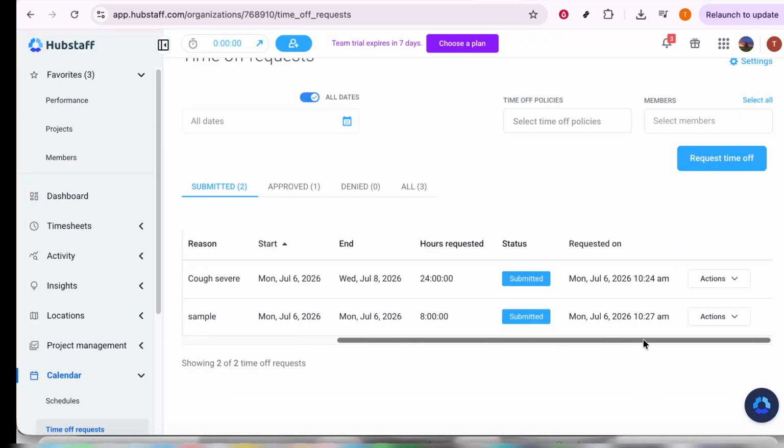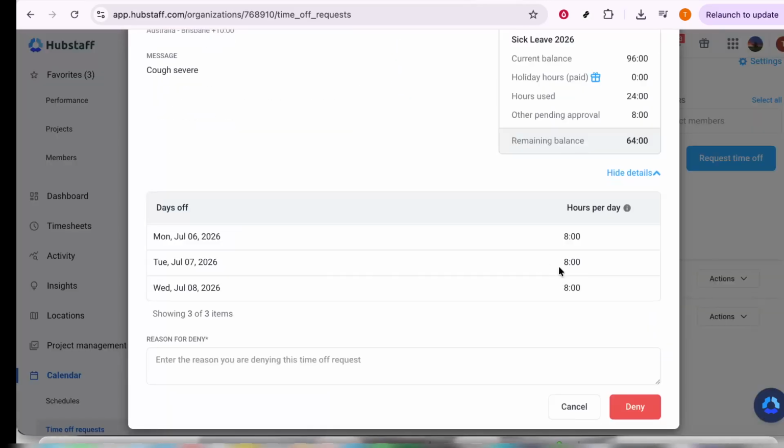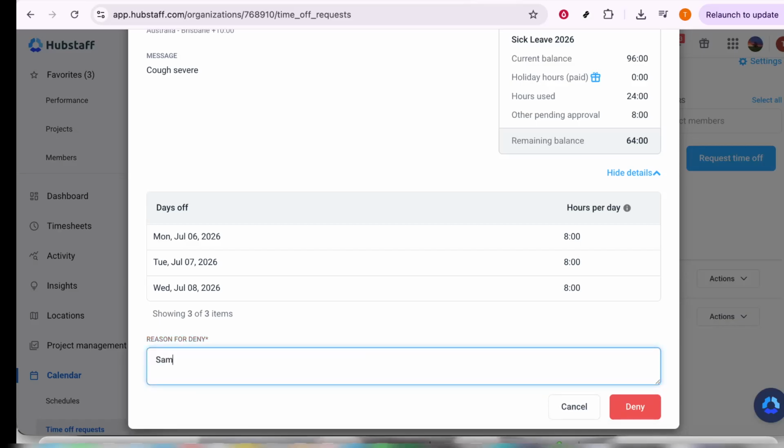If you're reviewing several requests at once, moving carefully through each one can help prevent mistakes. Using this process helps keep scheduling organized and make sure decisions are reflected properly in the system. If you're responsible for approving or denying time away from work, knowing these exact clicks can save time and reduce